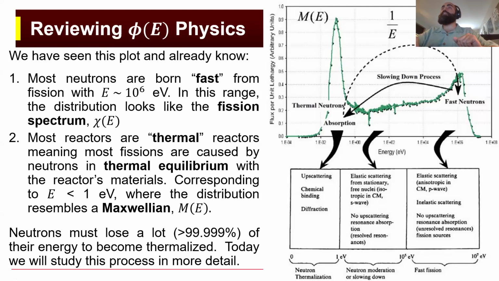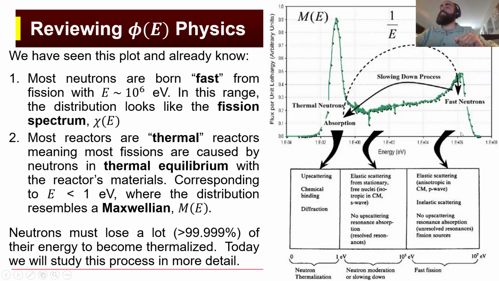become thermalized, it means they're in thermal equilibrium with the atoms and the molecules in the moderating material, like in the coolant of a light water reactor or in the graphite of a graphite moderated reactor. So these neutrons, if they're in thermal equilibrium with their environment, have a distribution that looks like the Maxwellian, a distribution that characterizes the vibrational energy of atoms based on their temperature. And as neutrons go from fast to thermal, fast is around the MeV range, the